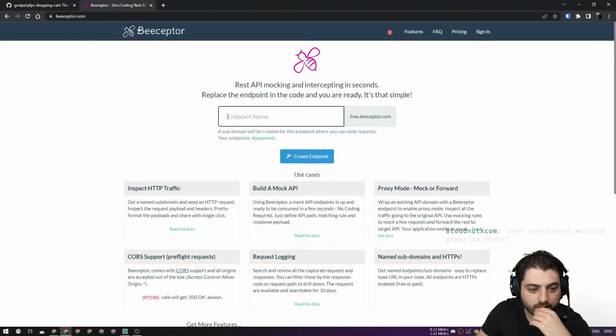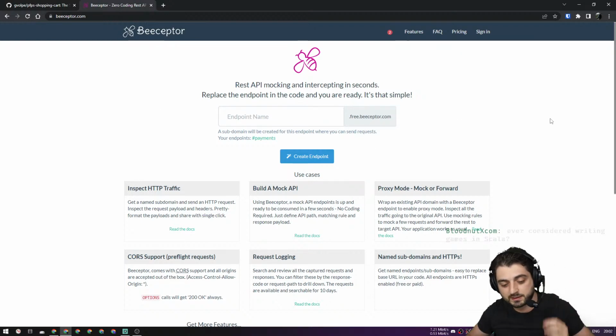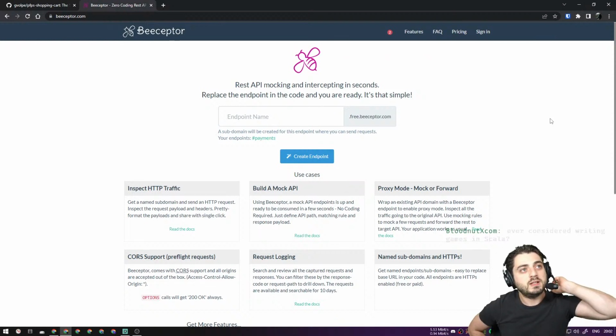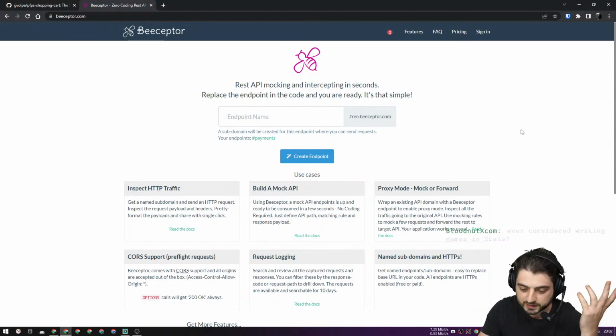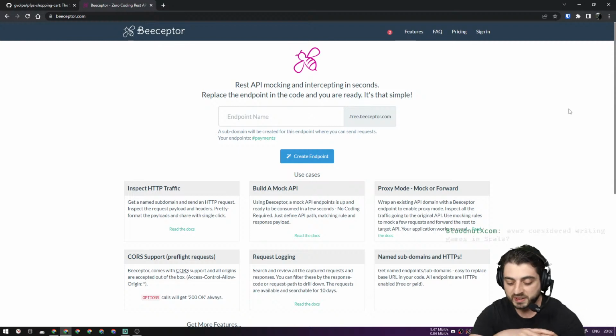Hold up. Ever considered writing games in Scala? I have considered writing games. I have never, ever written even a single game. I tried to do one once, that thing where you destroy the bricks, you know, that's just like a 101 game. And I gave up after an hour because I just didn't have the time. I have a really good friend who always wanted to do game development, and I think he finally did it. We don't have much time to hang out these days, but I think he's building a game actually. He wanted to do it in Scala, but right now he's not doing it in Scala because he wants to build a real game, you know, like actually sell it and stuff. Anyway,